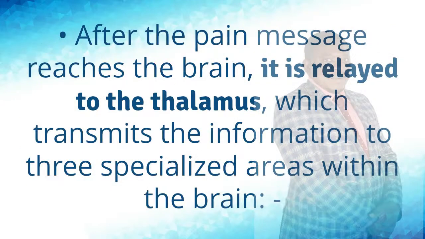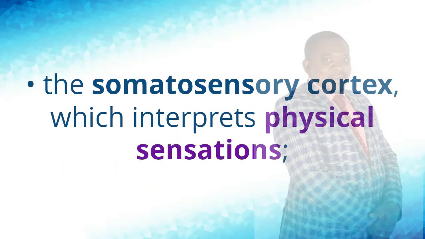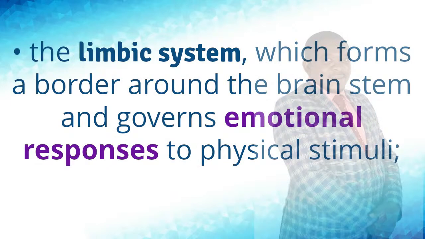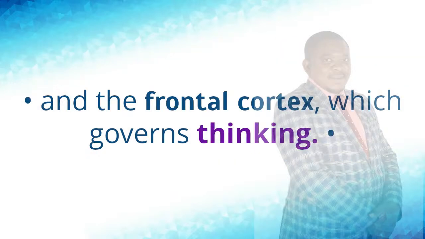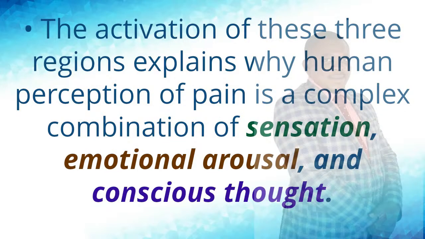After the pain message reaches the brain, it is relayed to the thalamus, which transmits the information to three specialized areas within the brain. The somatosensory cortex, which interprets physical sensations. The limbic system, which forms a border around the brain stem and governs emotional responses to physical stimuli. And the frontal cortex, which governs thinking. The activation of these three regions explains why human perception of pain is a complex combination of sensation, emotional arousal,